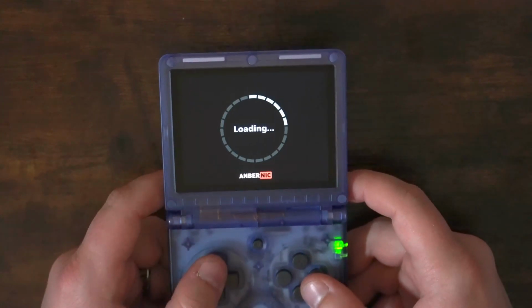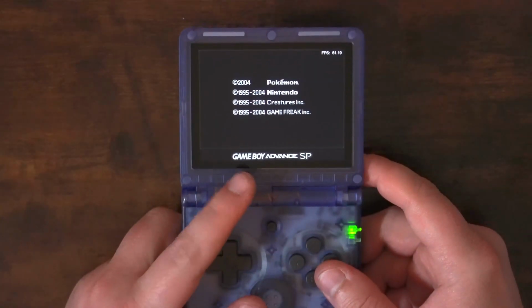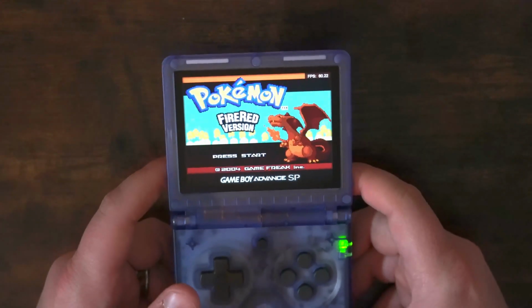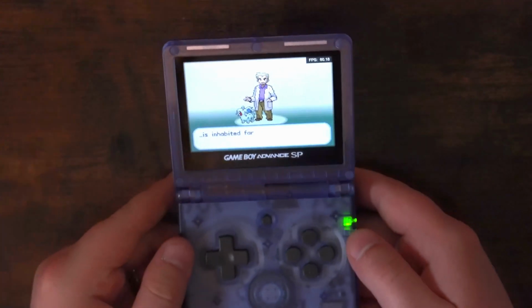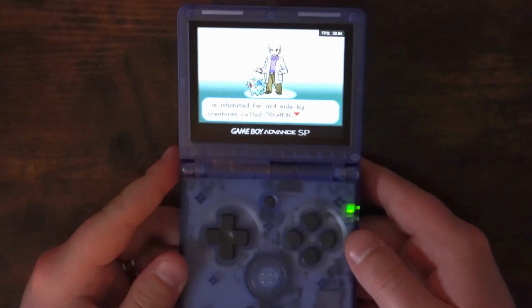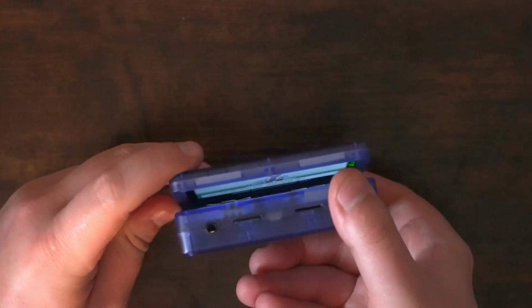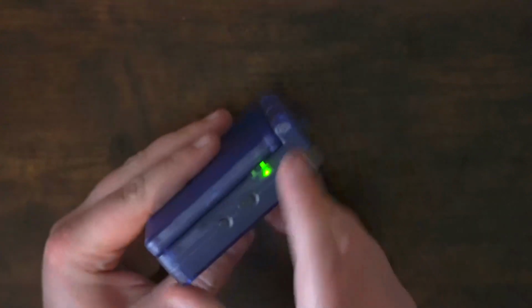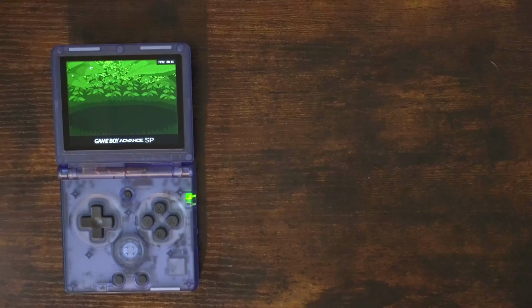But we're going to go ahead and put on some Pokemon Red. We'll boot the game up. What's really neat is by default, it says Game Boy Advance SP down here on the screen, and it's working just like a normal Game Boy Advance SP. That's nostalgia galore right here. For those that are wondering, yes, you can just close the shell like the Game Boy Advance SP. When we do so, the screen will turn off right about here. Screen goes off. There's a power indicator here that it is on, but this is kind of like putting it into rest mode. For those of you that are interested in the specs of the